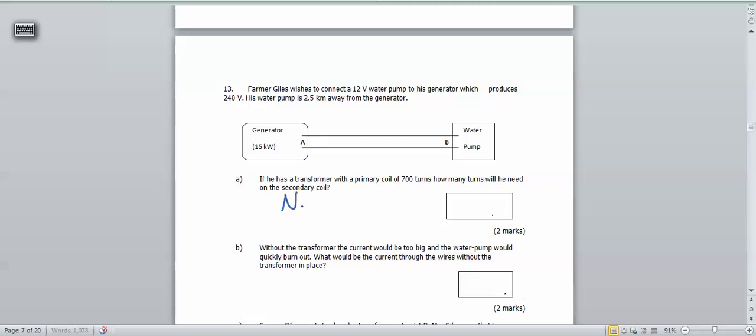So the ratio between the number of turns of 1 and the number of turns of 2 is going to be equal to, now it's going to step the voltage up. He's going to step the voltage up. So therefore, it's going to be